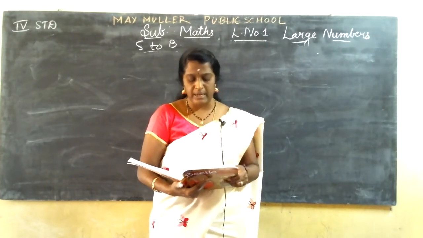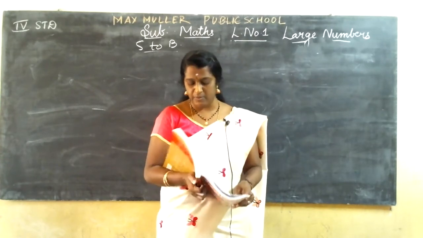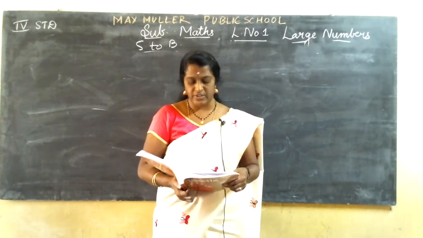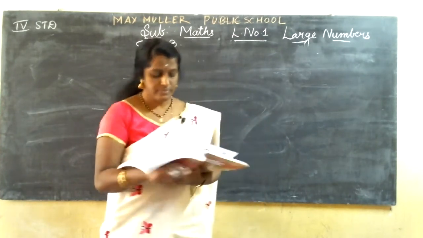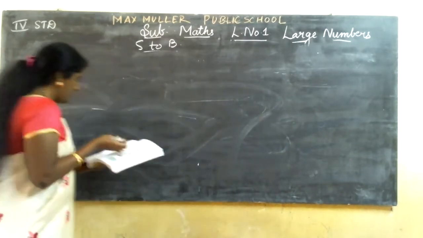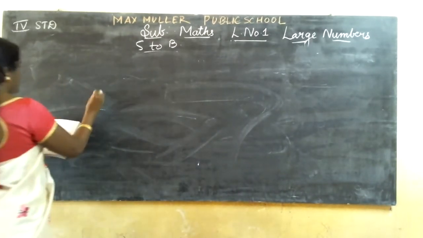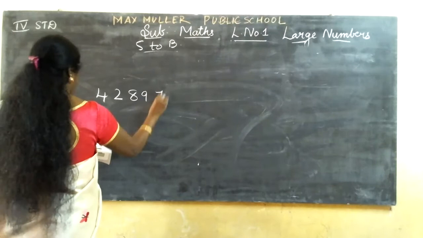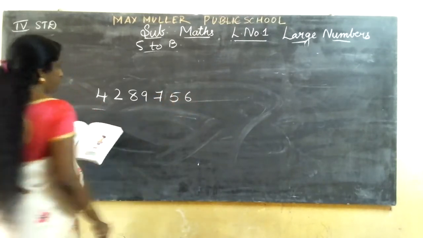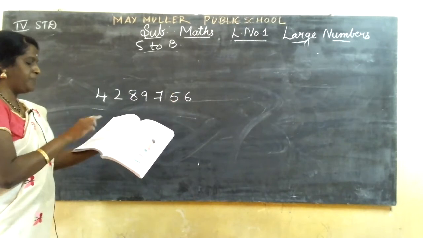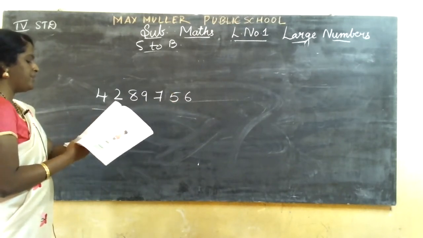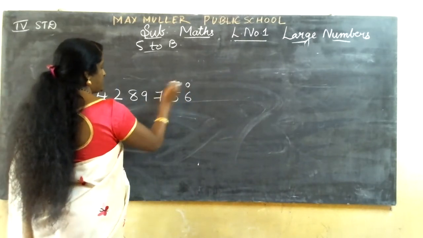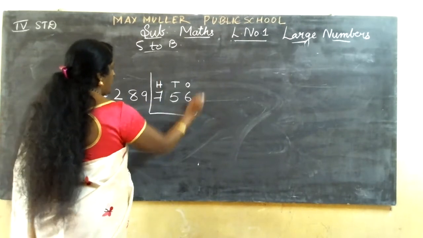As numbers grew bigger and bigger, the need for dividing them into groups was felt, so that it was easier to read the number names. The groups into which the digits are separated are called periods. I'll just write the number. I won't write the chart, just see this board. Periods: the first 3 digits from the right form the ones period. This is ones, this is tens, this is hundreds. So this we call ones.